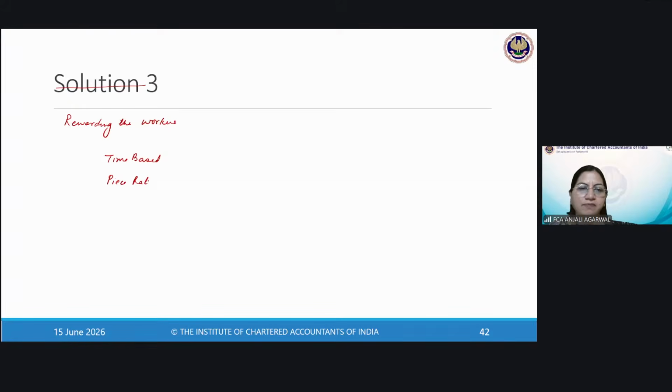When you have time-based payment, what you do is you see how many hours the worker has logged in or how many hours he has worked in the organization. And basis that you multiply it by hourly rate, and that is what the worker gets. Now, the benefit of this is this always guarantees the worker that if he's present, he will be getting this much of money. But the problem is that if there are two workers, worker A and B, they both spend